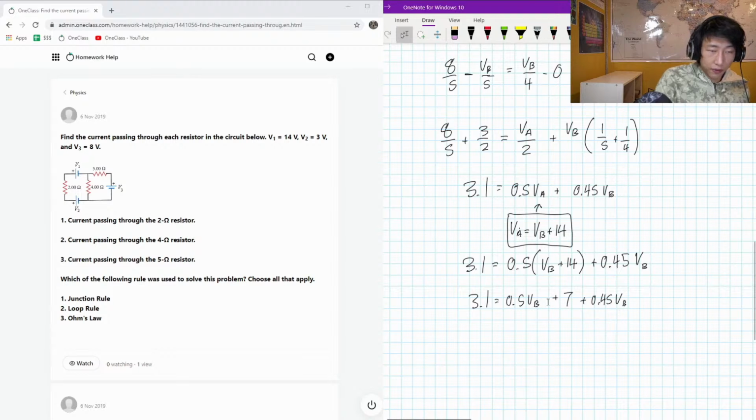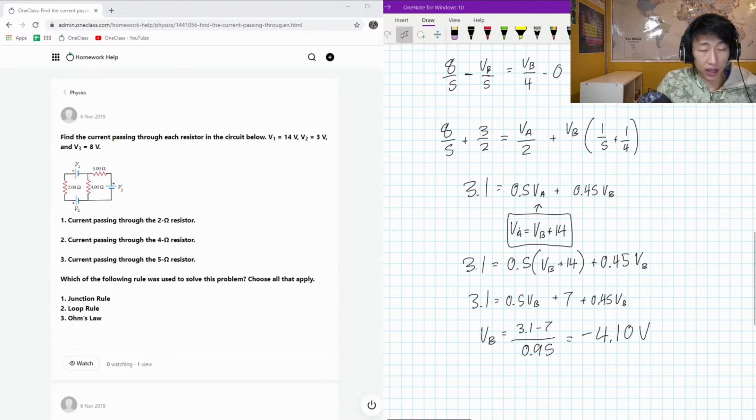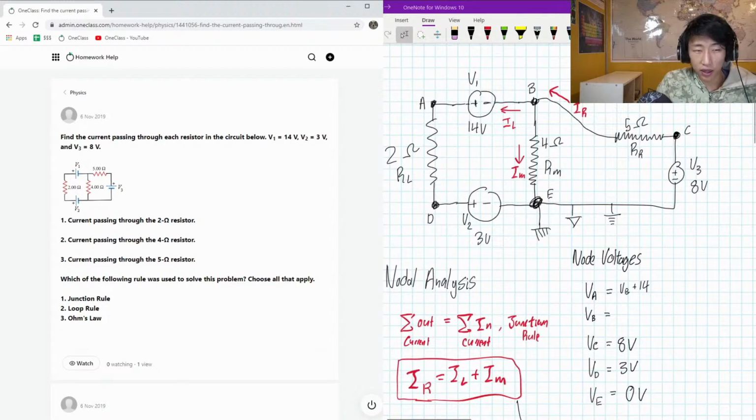if we isolate for VB, VB is equal to 3.1 minus 7 over 0.95. That is negative 4.10. Okay, so we have negative 4.10 volts for VB, and looking back to our diagram, we know that VB is